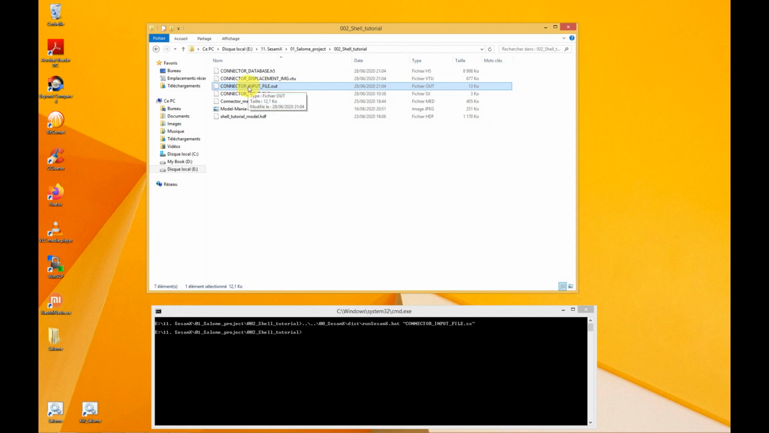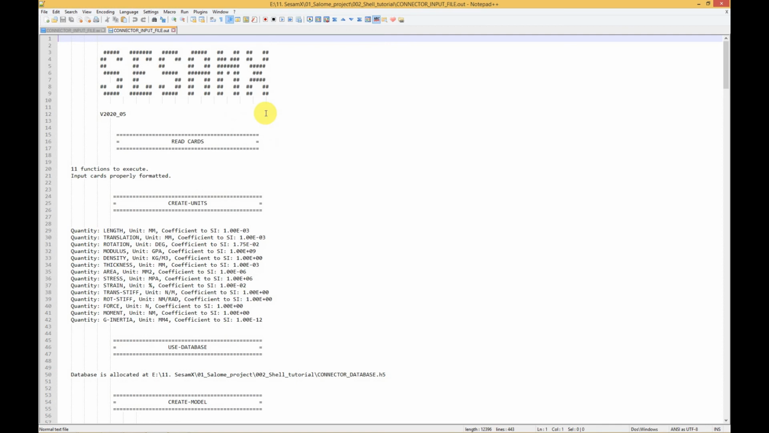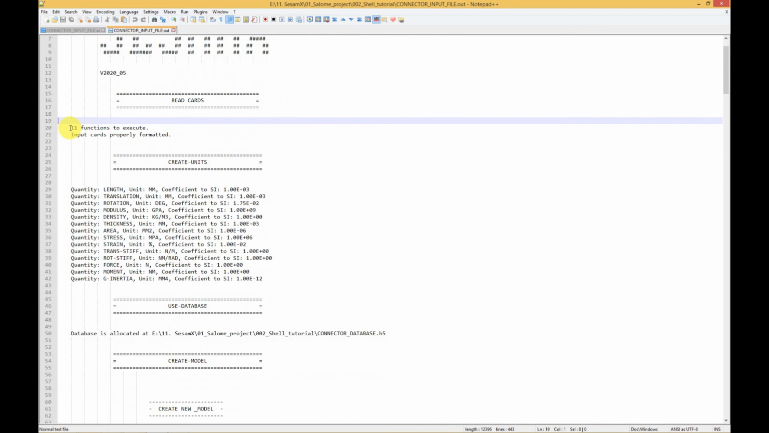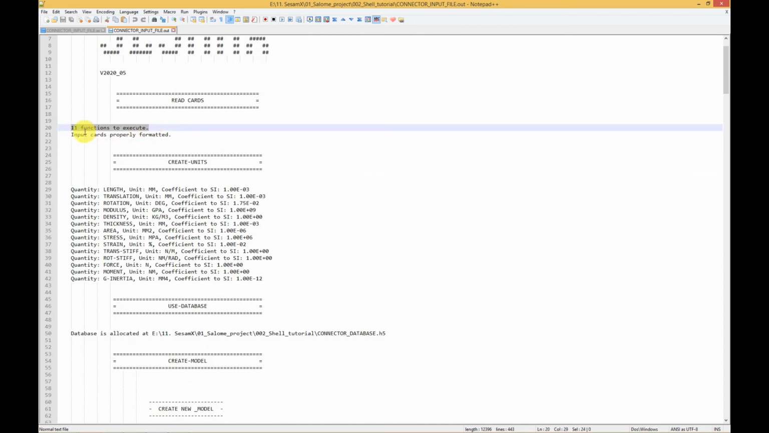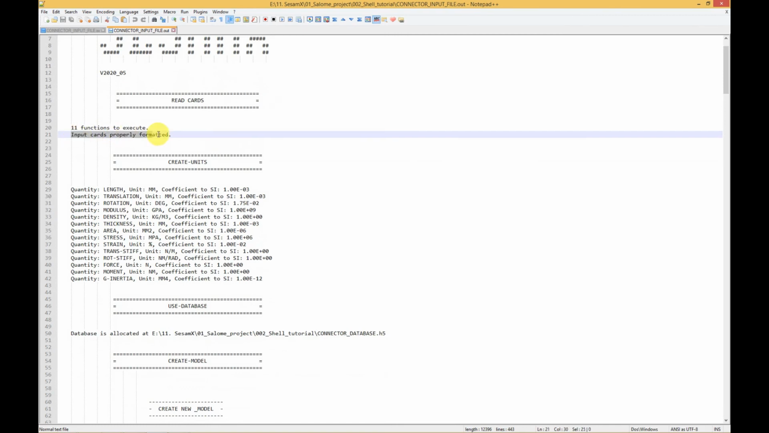So the first thing when you've just completed the computation is to check the output file to see what basically SesamX has done. So I'm going to edit it to see what's inside. This output file provides information about what SesamX has understood about what we have asked it to do, and then it provides additional information when appropriate. For instance, SesamX understood that there were 11 functions to execute here,